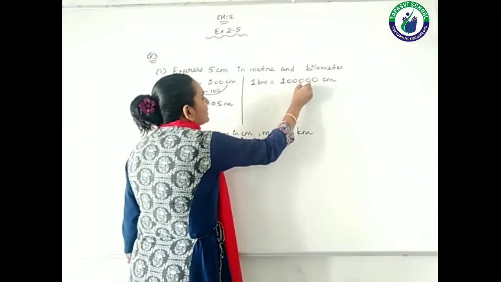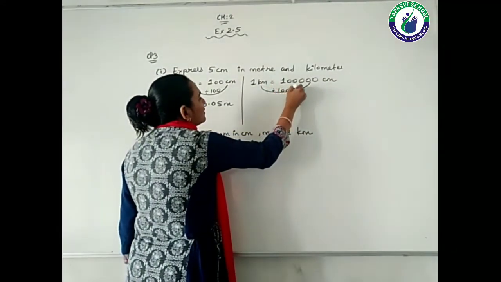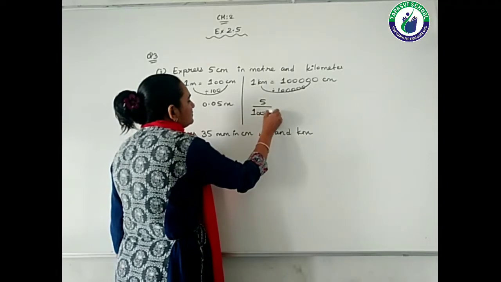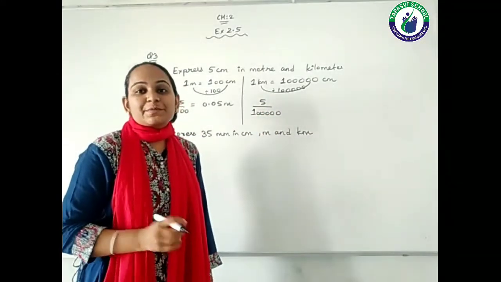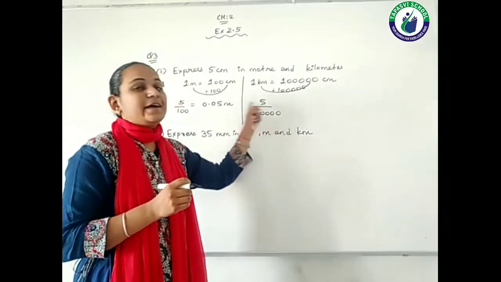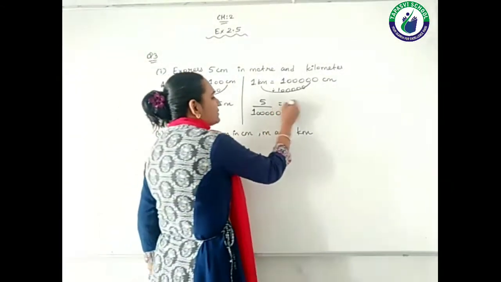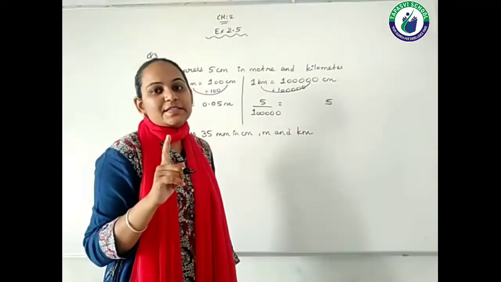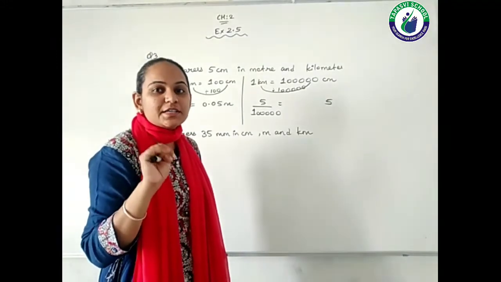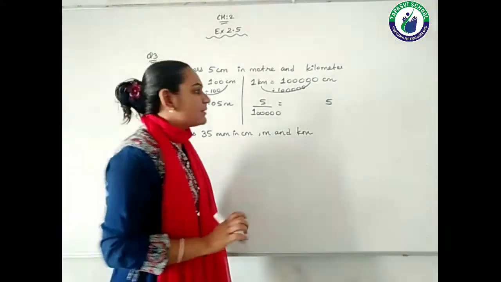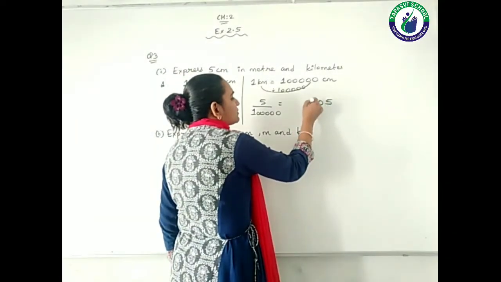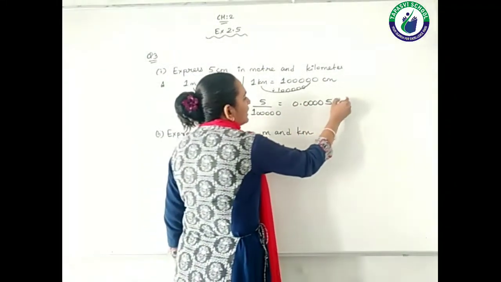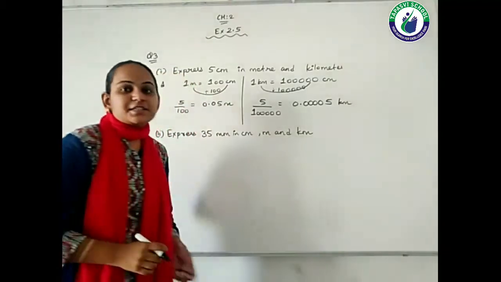So if I want to convert centimeter into kilometer, I have to divide by 1 lakh, right? So 5 divided by 1 lakh. Here you need to keep in mind that there are 5 zeros and only one number in the numerator. Starting from the 5, 1, 2, 3, 4, 5. There are 5 zeros and only one digit is there. So you still require 4 digits to keep the decimal point. So instead of 4 digits, we can keep 4 zeros. So 1, 2, 3, 4, 5, and it is kilometer. Is it okay to all of you students?